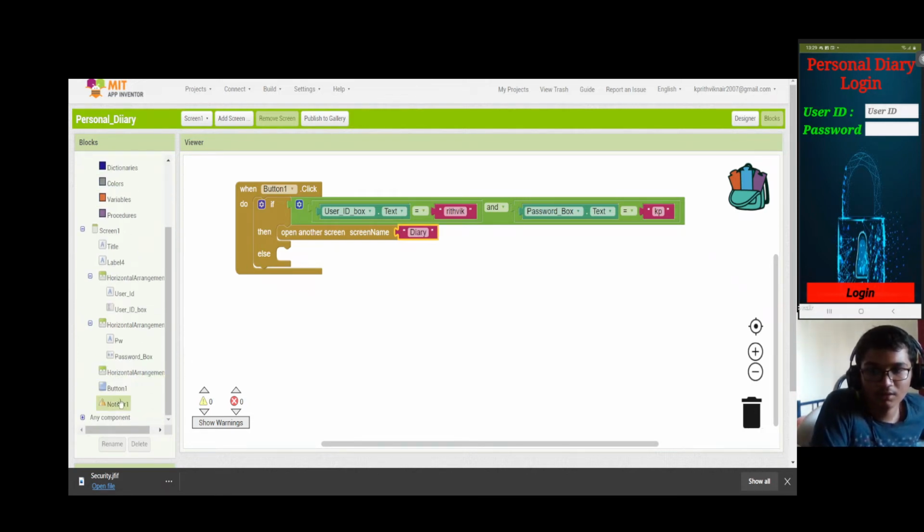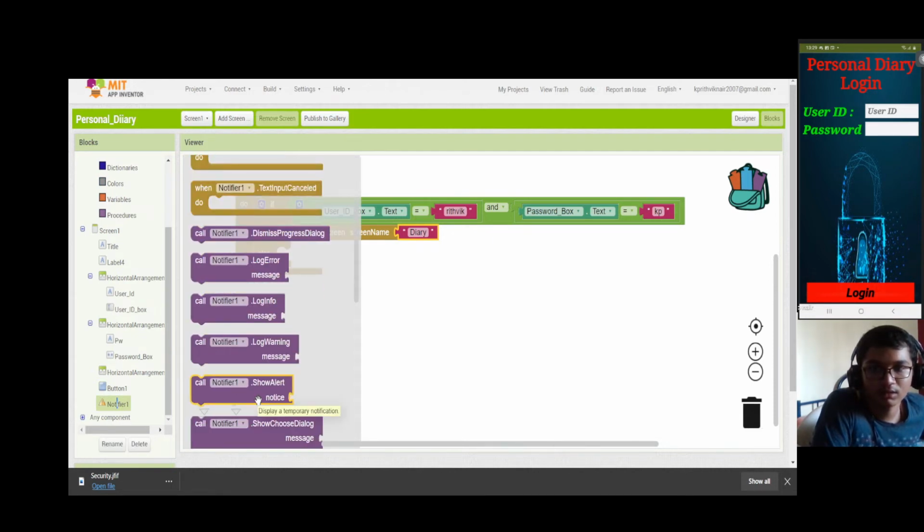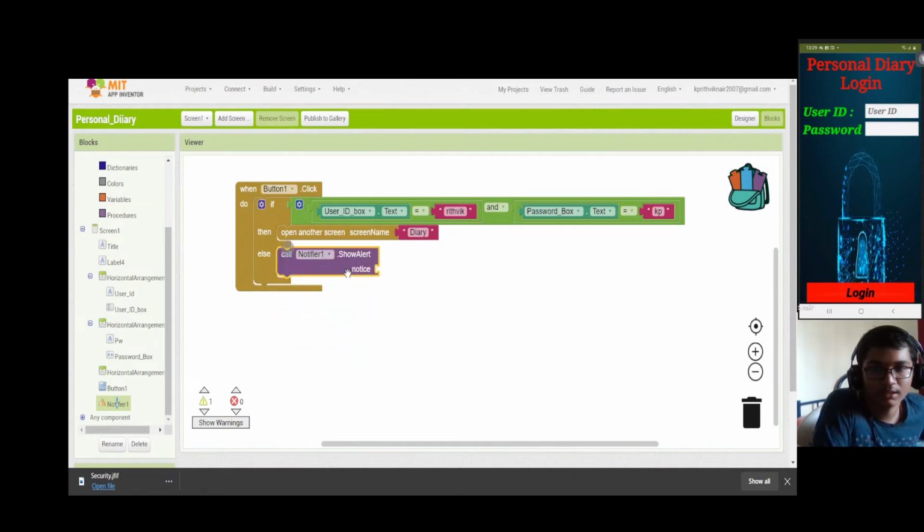Else click on notifier, click on this show error, show alert, duplicate this text box alone, the empty text box, string, and the notice will be